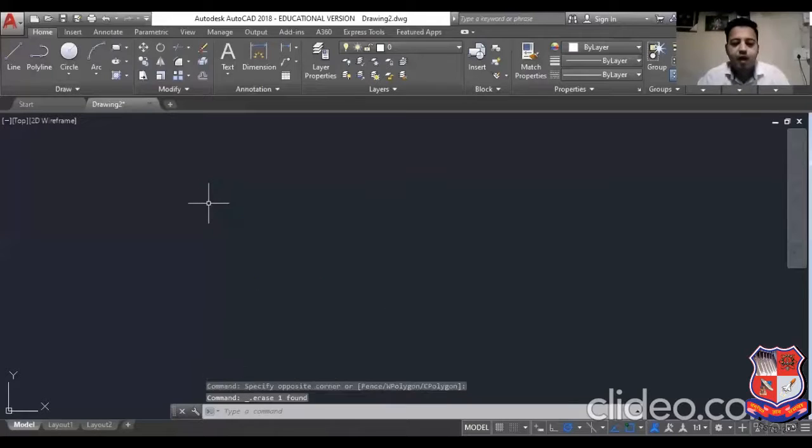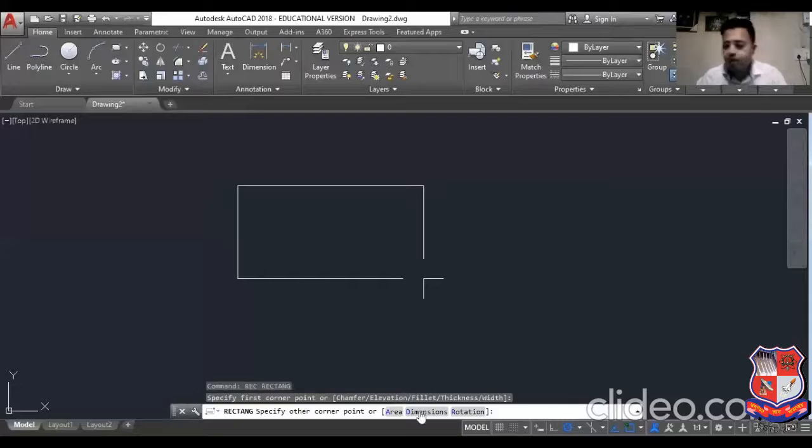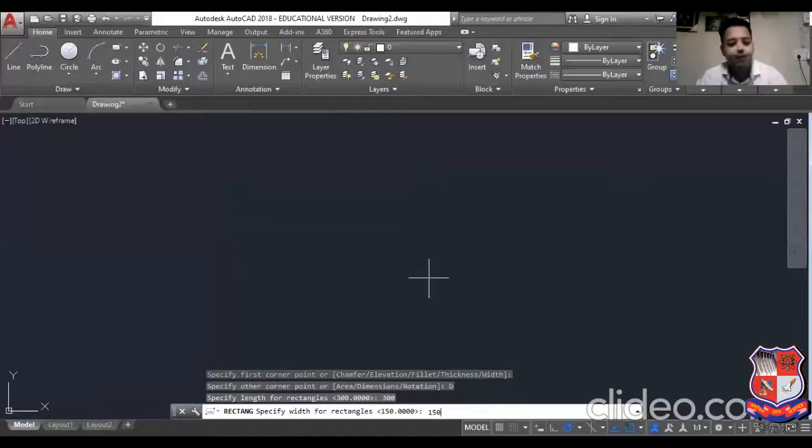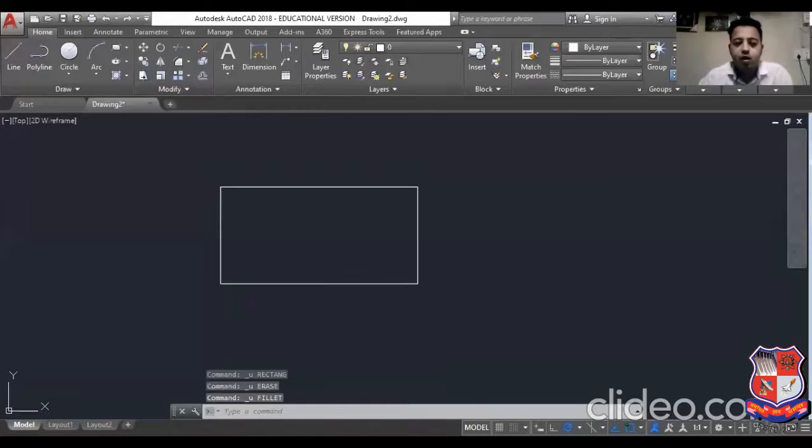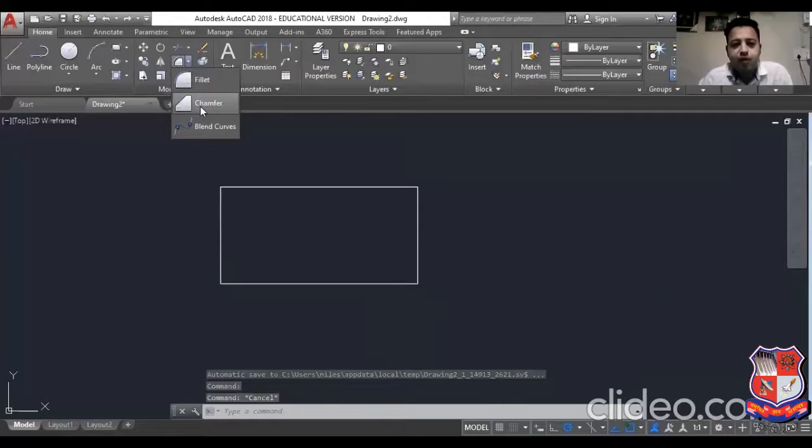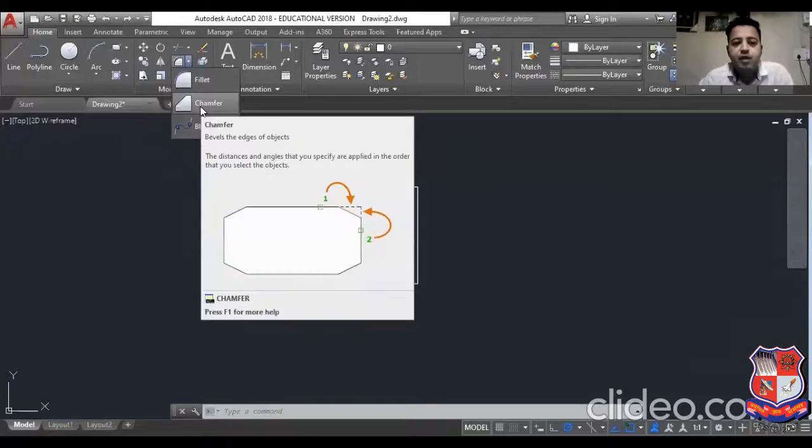Now again, I will say one rectangle. Okay, dimension I will say 300 and 150. Okay, now the next command is chamfer command. Here, chamfer command. Chamfer, it is called the bevel the edges of the object.